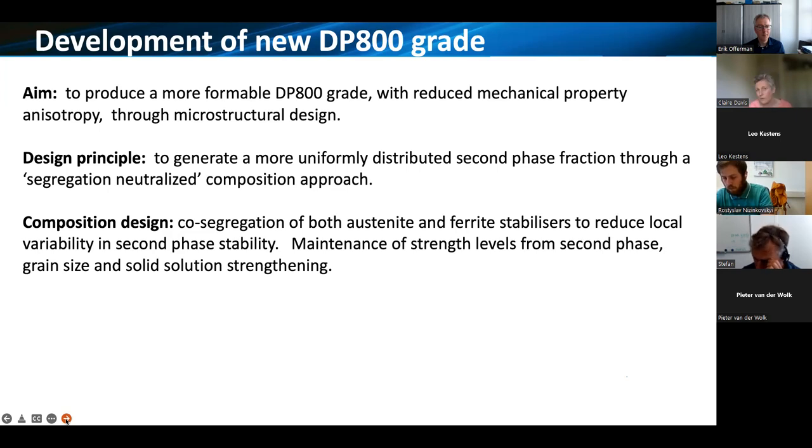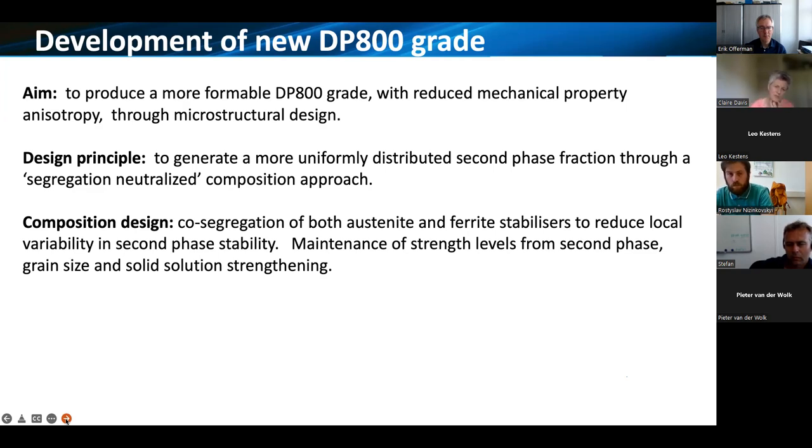Also, we thought we'll make life difficult for ourselves and try and ensure that this could potentially be done in an economic way, so not putting in lots of additional processing steps. There's some really nice work that people have done using additional heat treatment cycles to give high ductility DP steels. We said, no, let's see if we can achieve something without doing that and without making it too expensive from a compositional